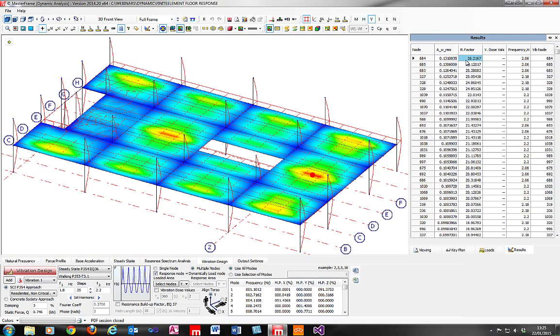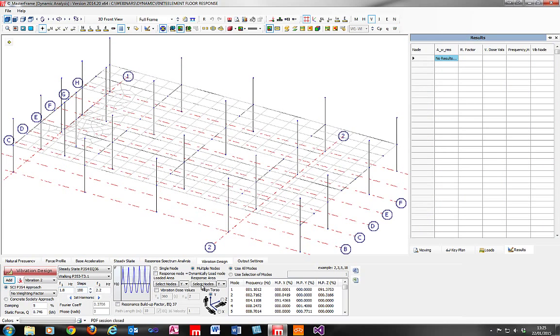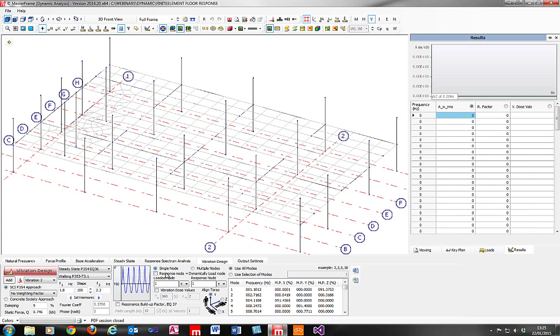So we can look at this value of response factor, and if we want to then consider in more detail, well, what does the response factor actually look like for this point over this frequency range? I can actually add now a second loading case, and noting that the node is 684. And this time we're going to just say, well, I'm just interested in a single node, and I can pick it or I can just type it in there, 684. And if I do my vibration design now,